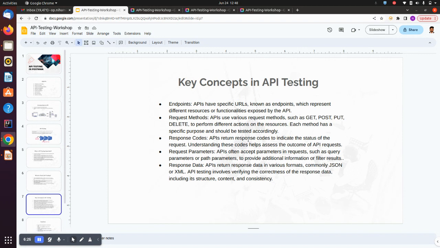Response code. An API returns a response code to indicate the status of a request. Understanding this code helps to assess the outcome of an API request. The next one is the request parameter. APIs often accept parameters in requests, such as query parameters and path parameters, to provide additional information or filter the result. So we can pass some extra data in the request using the query or path parameters. We will learn the query parameter and path parameter in detail in the coming